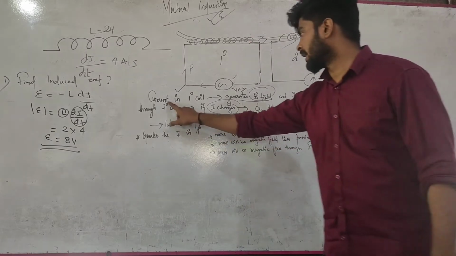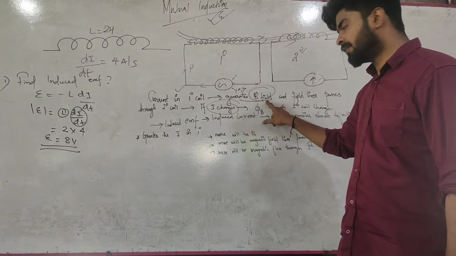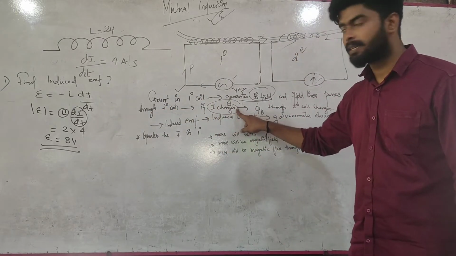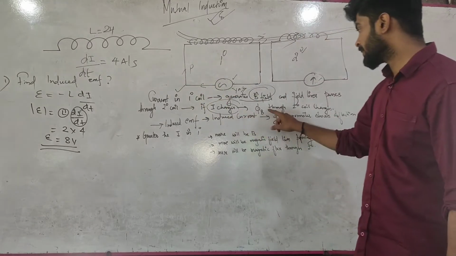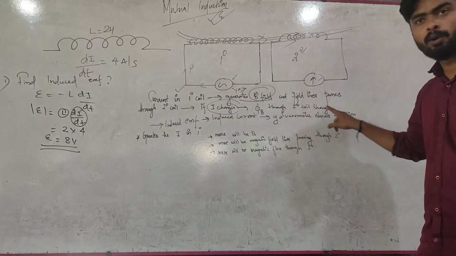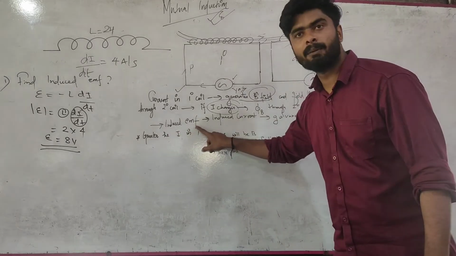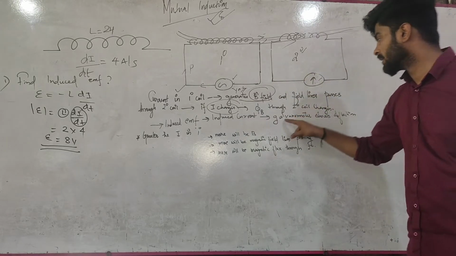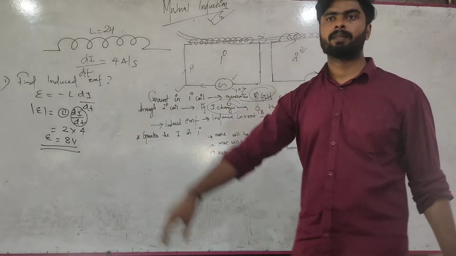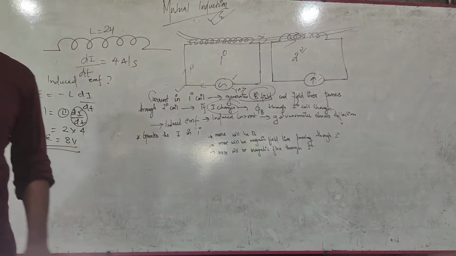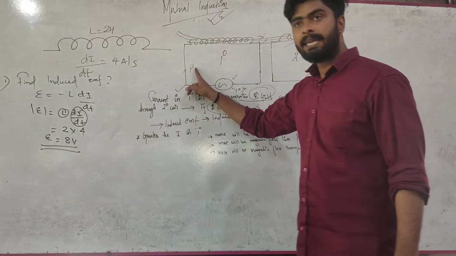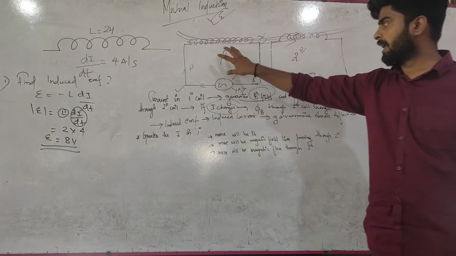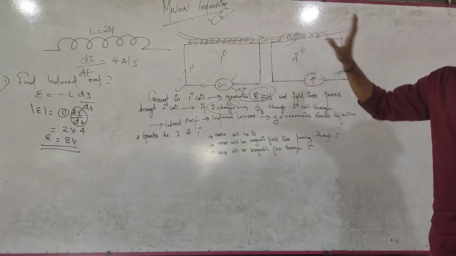Clear? So current in the primary coil generates a magnetic field, and field lines pass through the secondary coil. If I changes, the current through the primary coil changes, and Phi B, the magnetic flux through the secondary coil, also changes. Then an EMF is induced in the secondary coil, and hence an induced current in the secondary coil. Thus the galvanometer shows deflection. This is what is mutual induction. This coil is inducing EMF in the neighboring coil. Clear? The primary coil is inducing an EMF in the secondary coil.